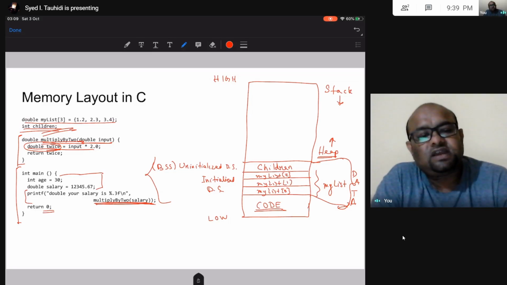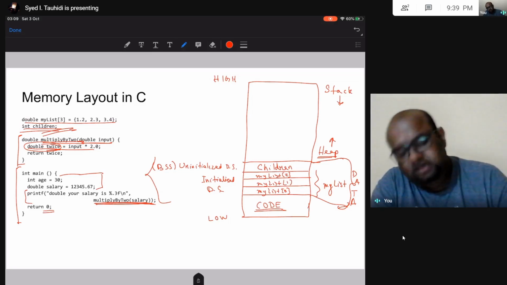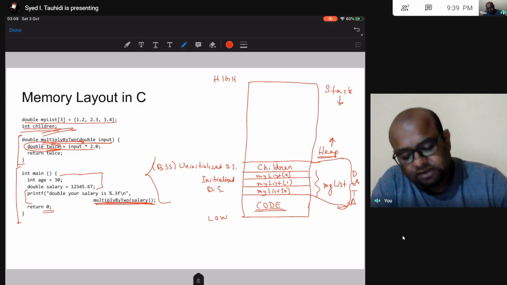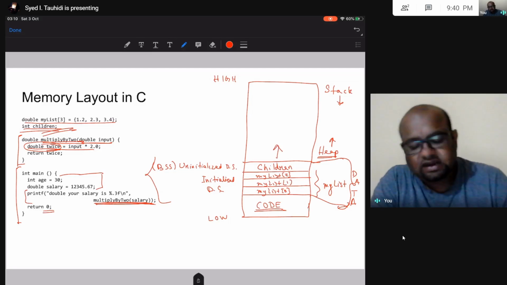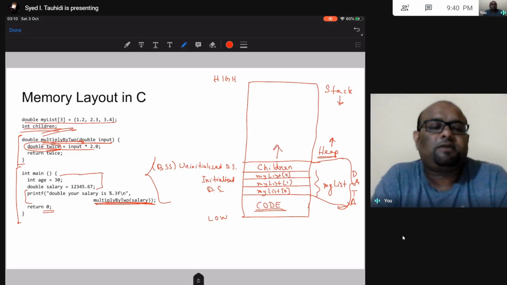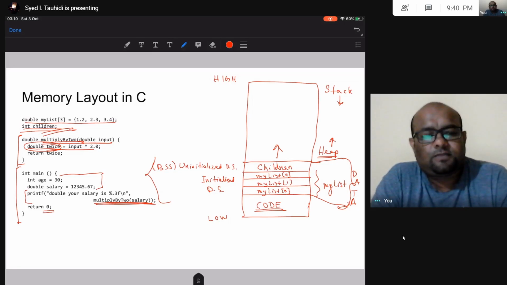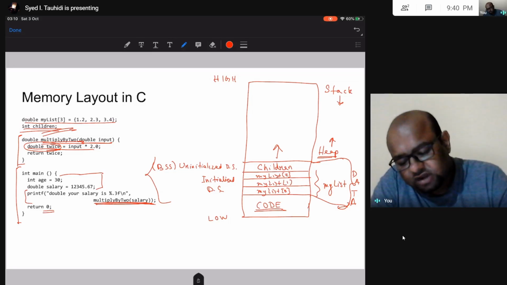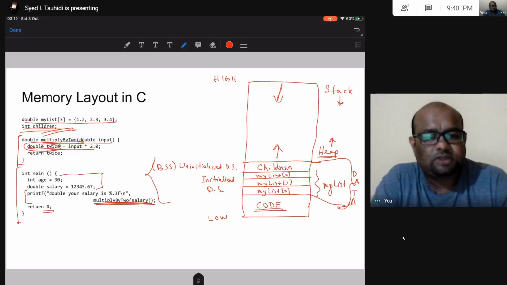Now I cannot do this in stack or in the data segment. During runtime, I can dynamically allocate this memory in heap. So I have this other part, heap, in which I can allocate memory for my arrays and everything dynamically at runtime. Now there is no strict boundary between stack and heap. So this is something to remember.